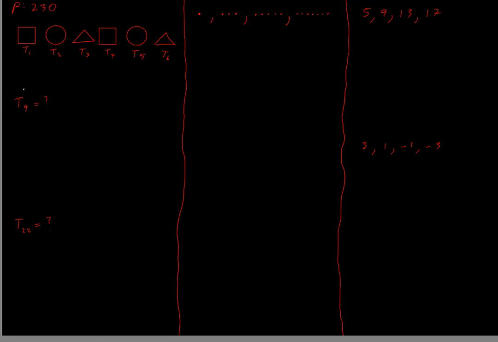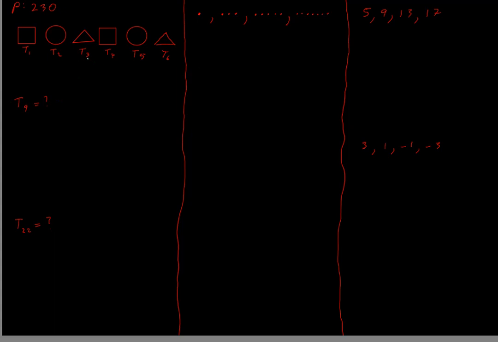Now let's look at this moving forward. What would be my ninth term? Well, we could just draw out the list, but we should be able to spot what's going on here. Every third term, we just repeat again. So every third term is going to be a triangle, and every fourth term is going to be a square, and so on. So T9 would be,